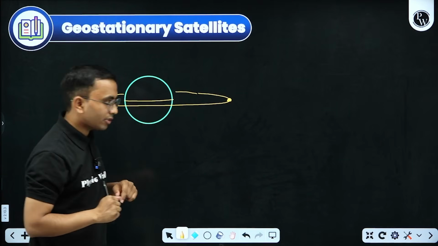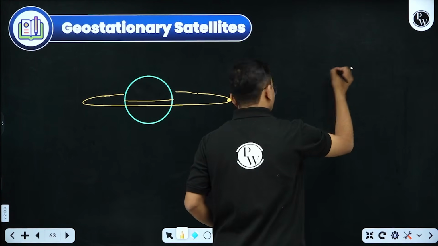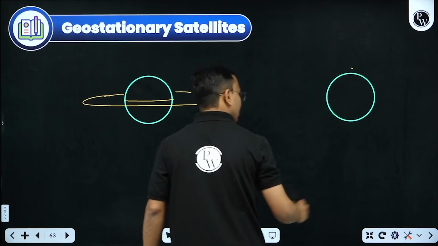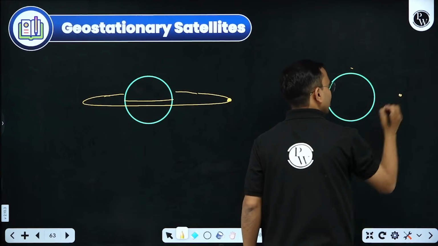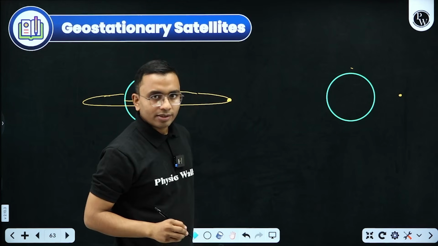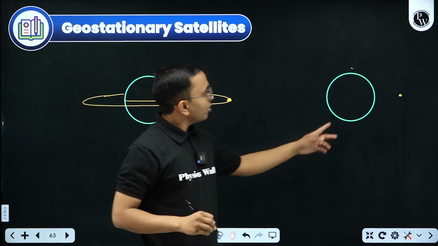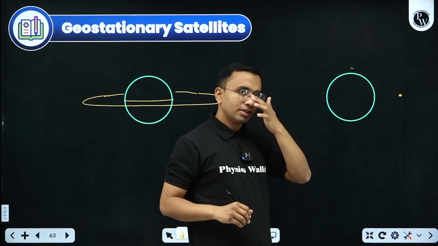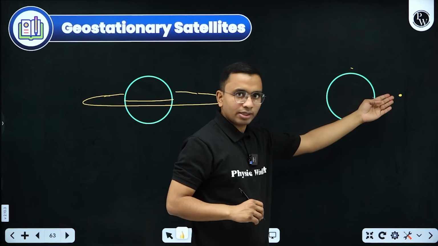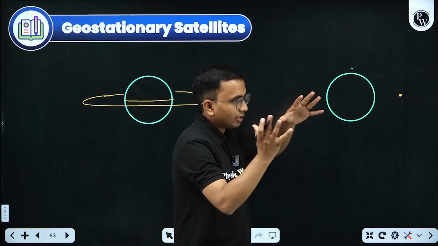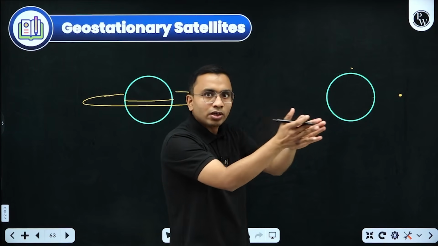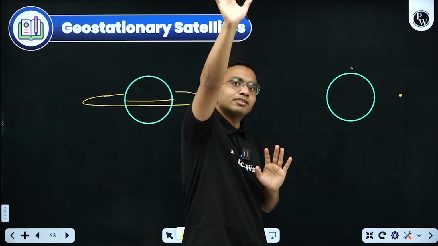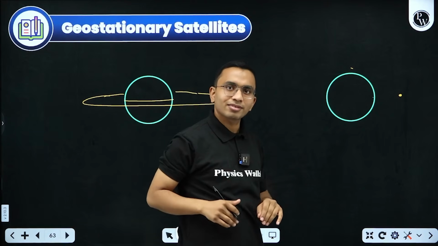And these satellites are moving in the same sense as that of Earth. So what happens is, this is Earth, and this is a particular geostationary satellite. This will always be above, let us say, some city on the Earth. Now Earth will rotate, this city will go like this. With the same angular velocity, this satellite is rotating. So for that city, the satellite is always overhead, isn't it?